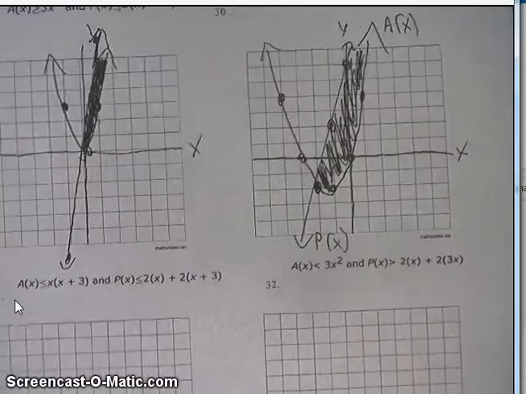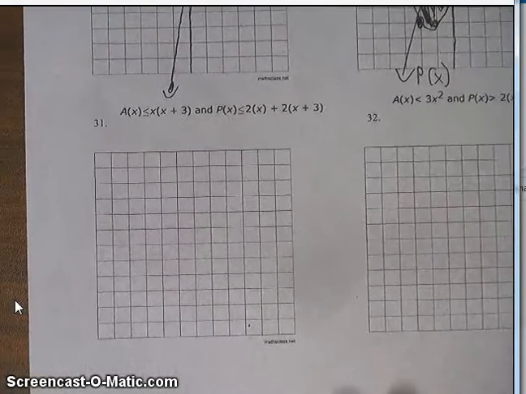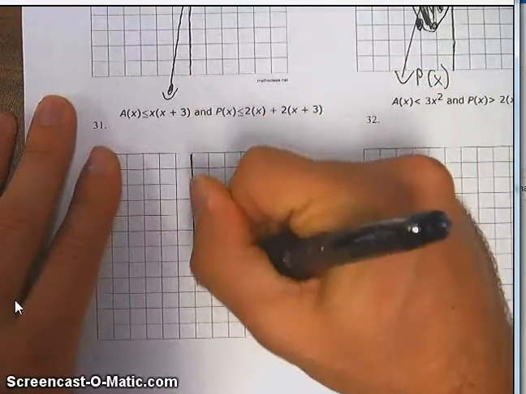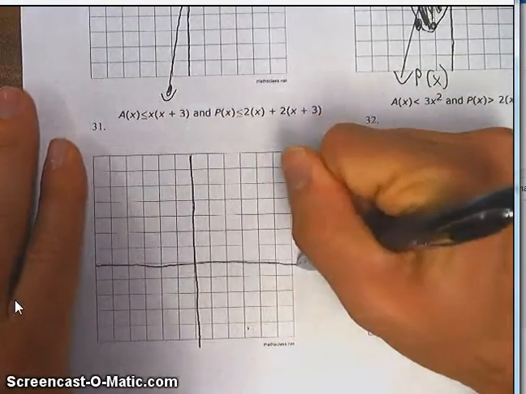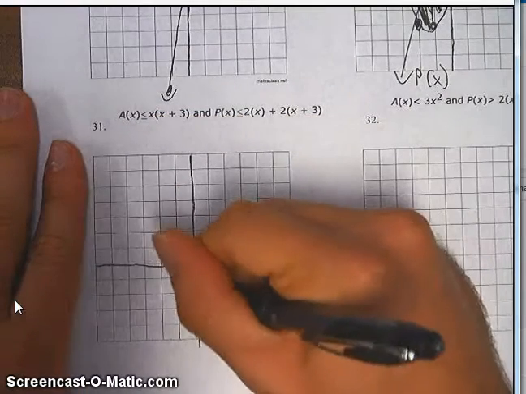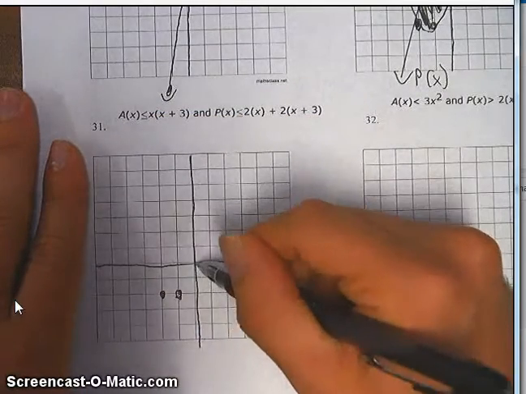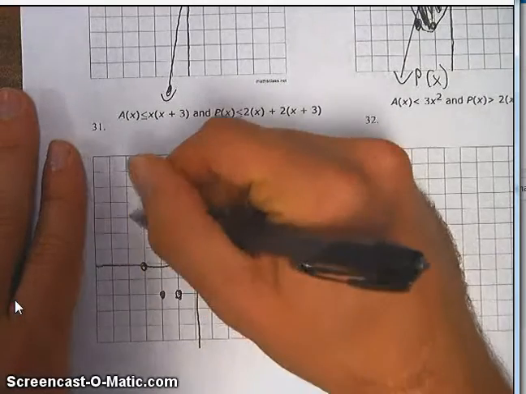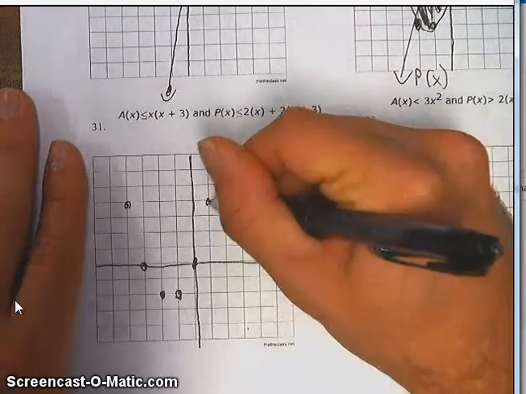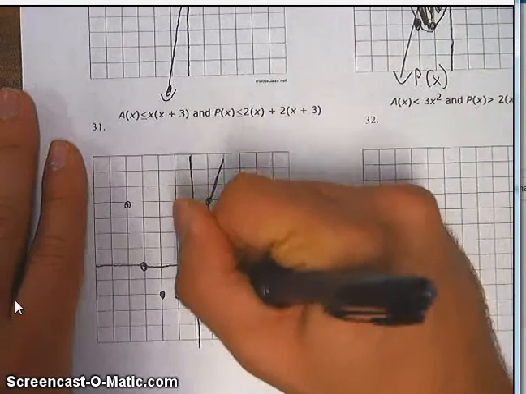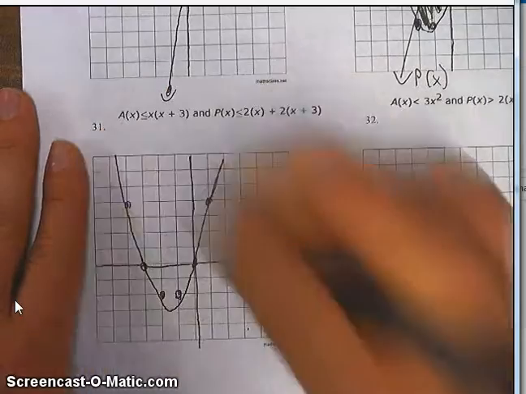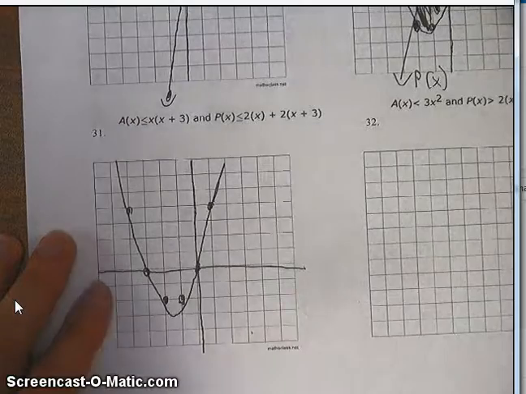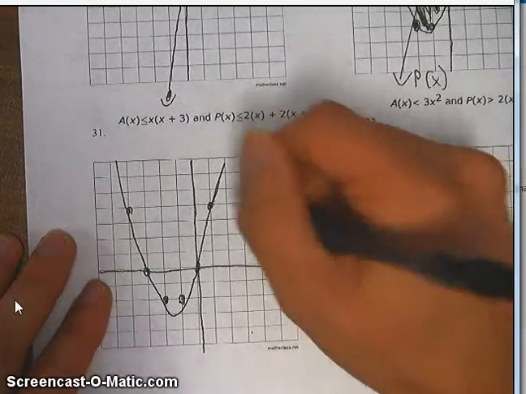And it looks like I've got time to do one more, so let's see if I can do it before I run out of time. X times x plus 3 is the equation that I just graphed on the other one, so I can actually just steal those same points from the previous one, which I'm going to do really quickly. I'm just copying a of x from the previous graph. 4 and parabola. But this time it's less than, so it's all the stuff below that parabola. It's the same line here, the same line that we just did above, except this time